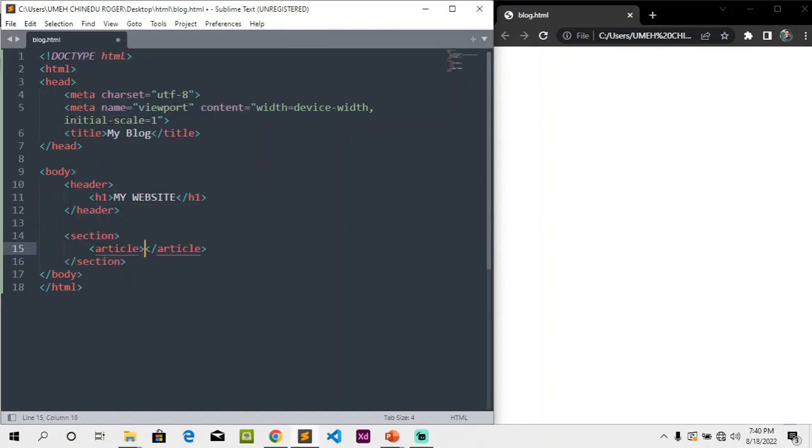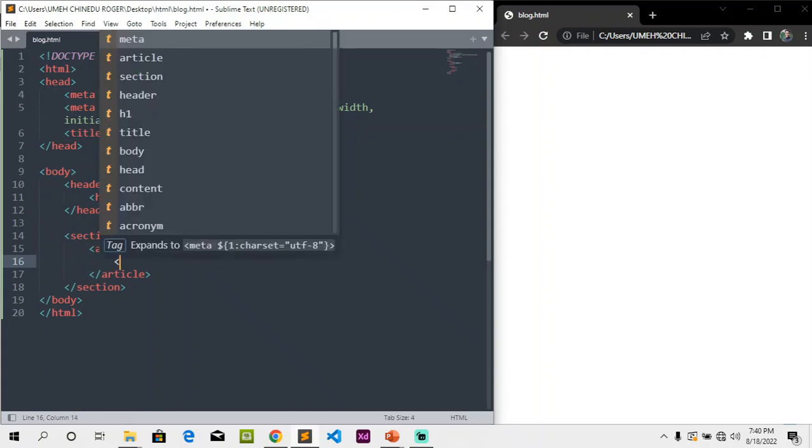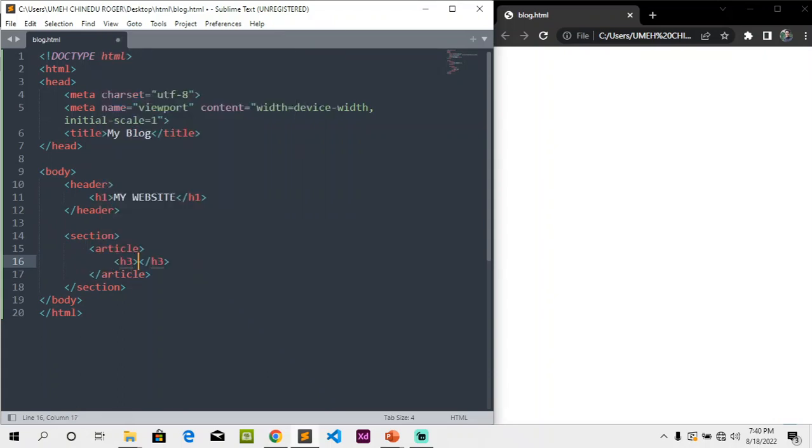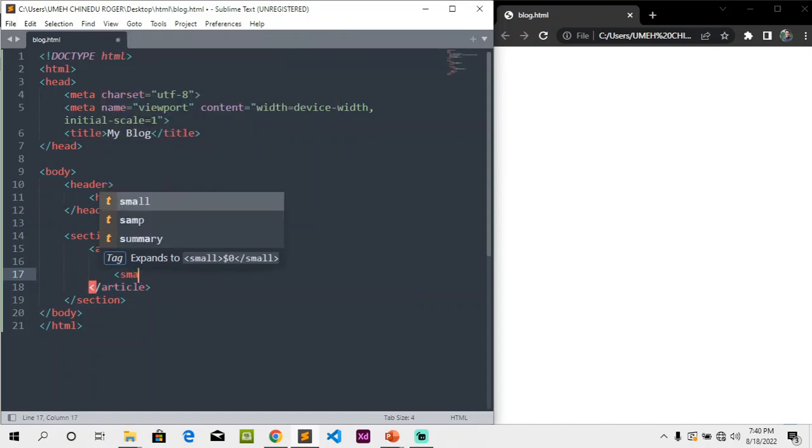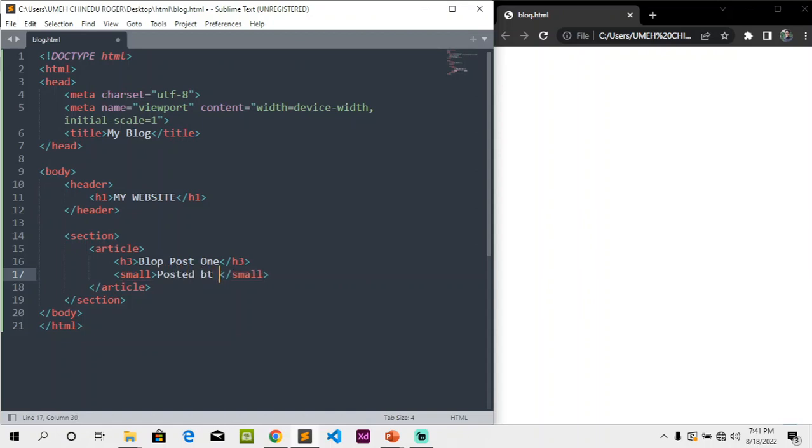And then inside it we put in a heading 3, and we call it blog post 1. So we can also have a small tag. A small tag basically makes your text smaller, it's sort of a reference tag somehow. So it just makes your text smaller. Let's say small tag, and let's just say posted by James on